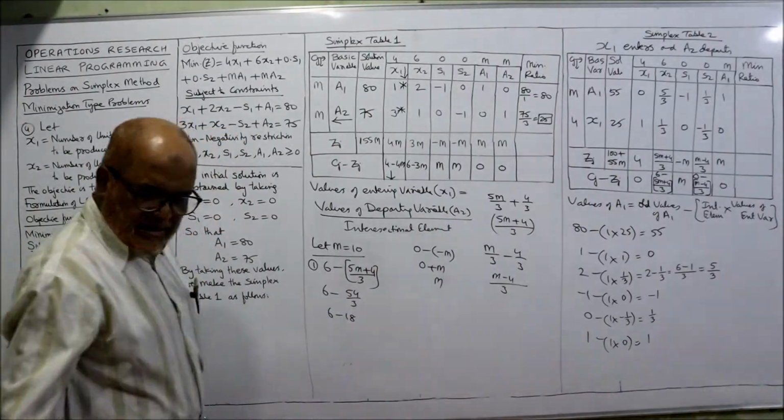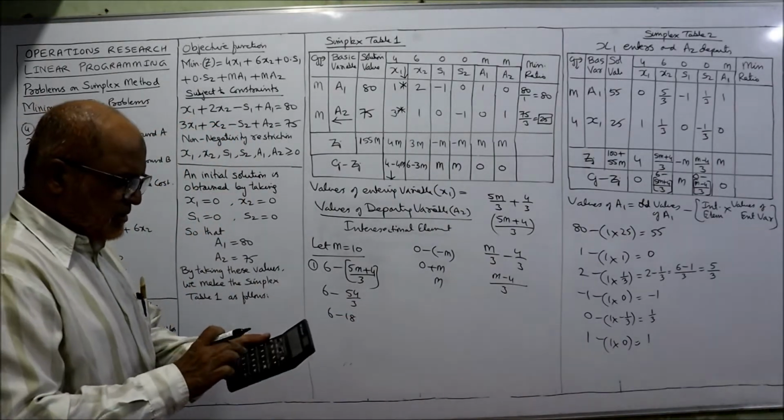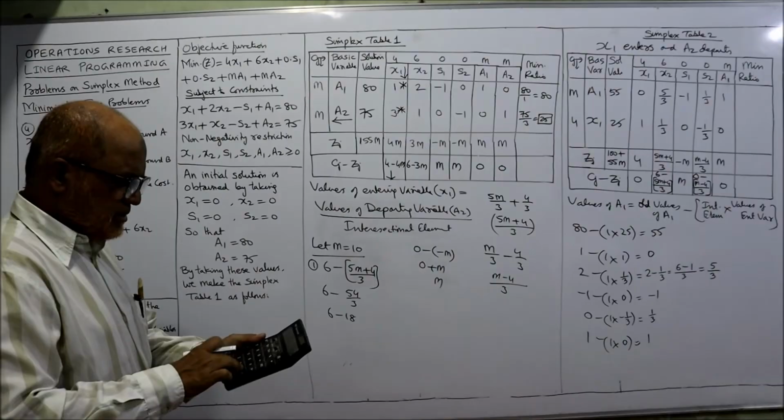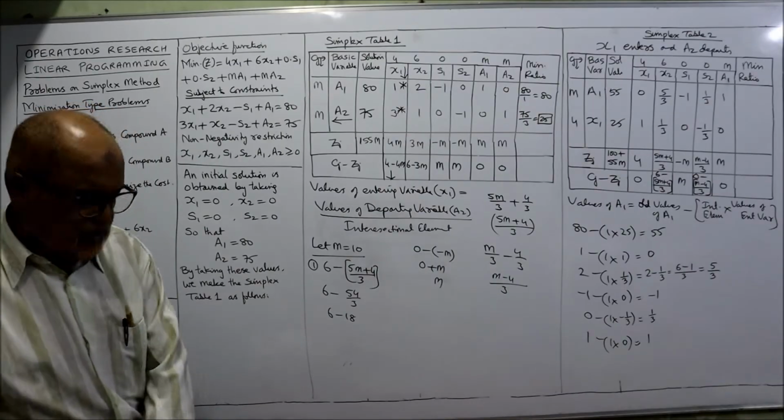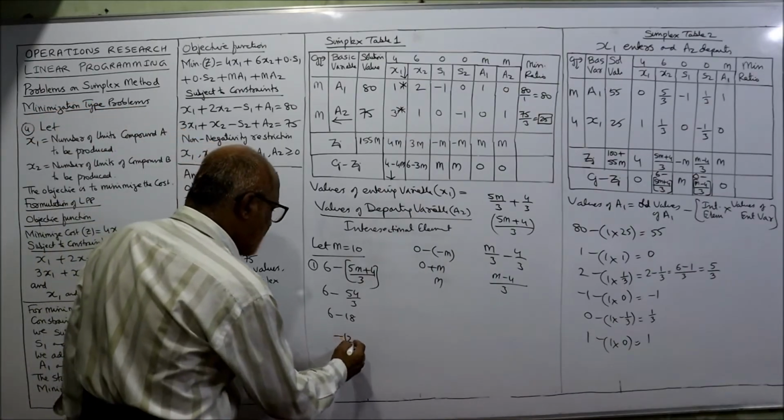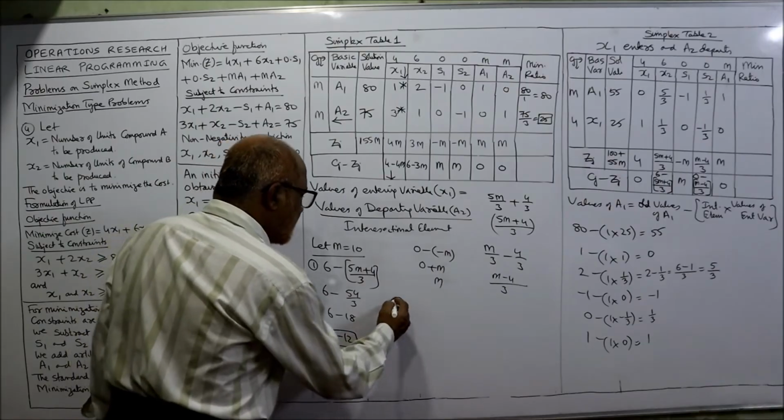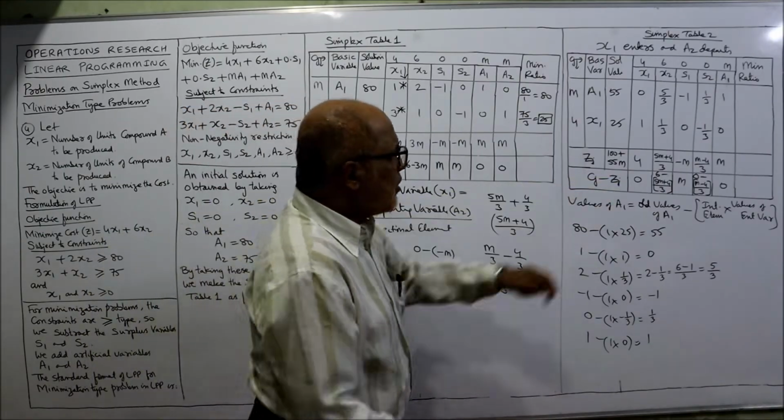So 6 minus 18 is equal to minus 12. So we got this value, minus 12. Now secondly, 0 minus